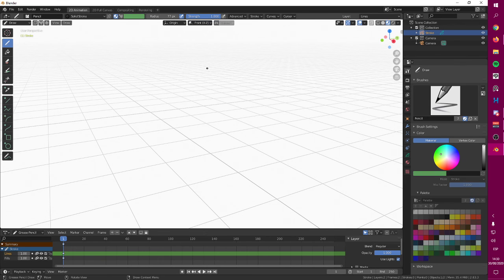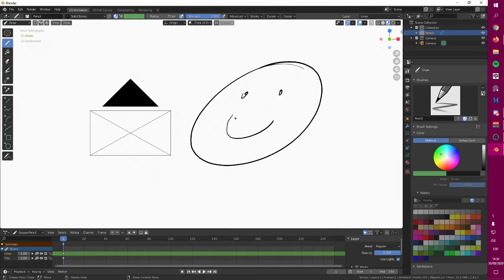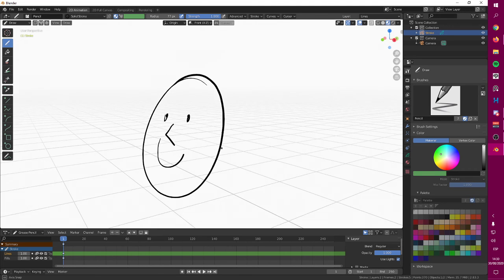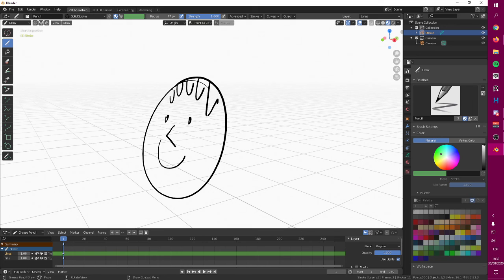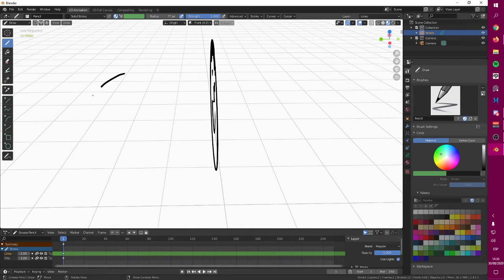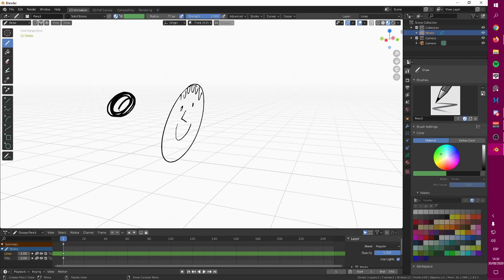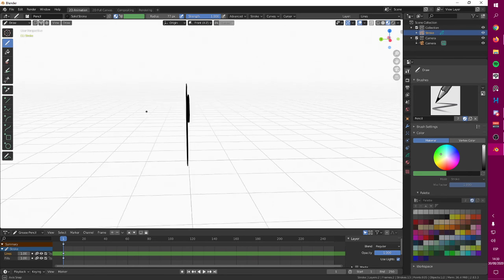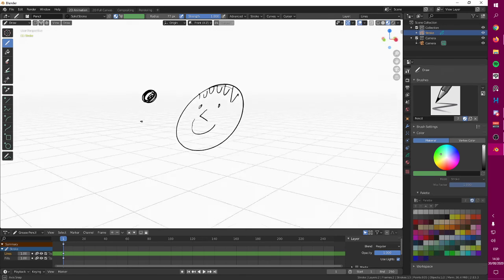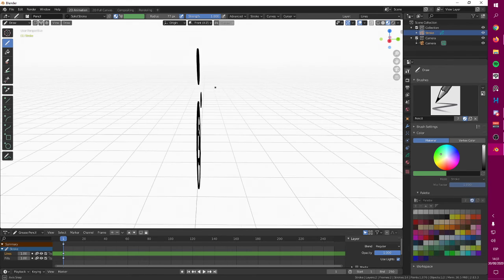So what does this do? Sorry about my English, by the way. This makes everything be in a perfect orthographic mode of the front view. Okay, so if you have this and you're drawing these details in here, it is always going to be in that view. It is not going to go in here crazy. Like for example, let's say I want to draw something in the background. No, it is there. You know, it is really weird. So like that.